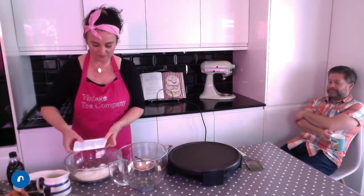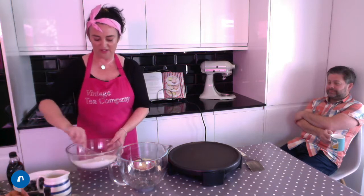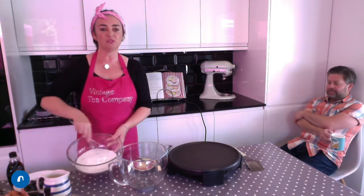So you are going to need your flour, and the rest of the dry ingredients are going to be baking powder, salt and sugar. And all you do is pop those into your flour and give that a little mix around. You don't need a stand mixer or anything for this recipe, just a couple of bowls and a wooden spoon